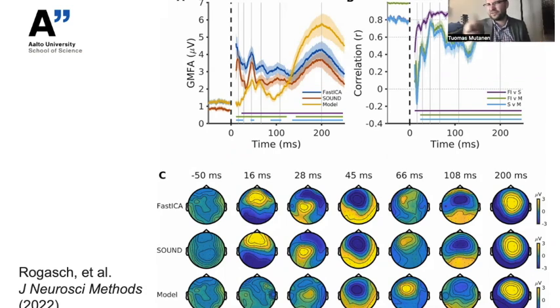And then in the next project with Nigel Rokas et al., we wanted to expand a little bit on this question and only concentrated on a very specific step. So we just removed a decay artifact with 3 different methods: FastICA, a sound, and fitting a model. We just wanted to remove this decay artifact and ask the question: okay, how well could we get corresponding results from this very simple step? And actually, even there, we did find some differences.